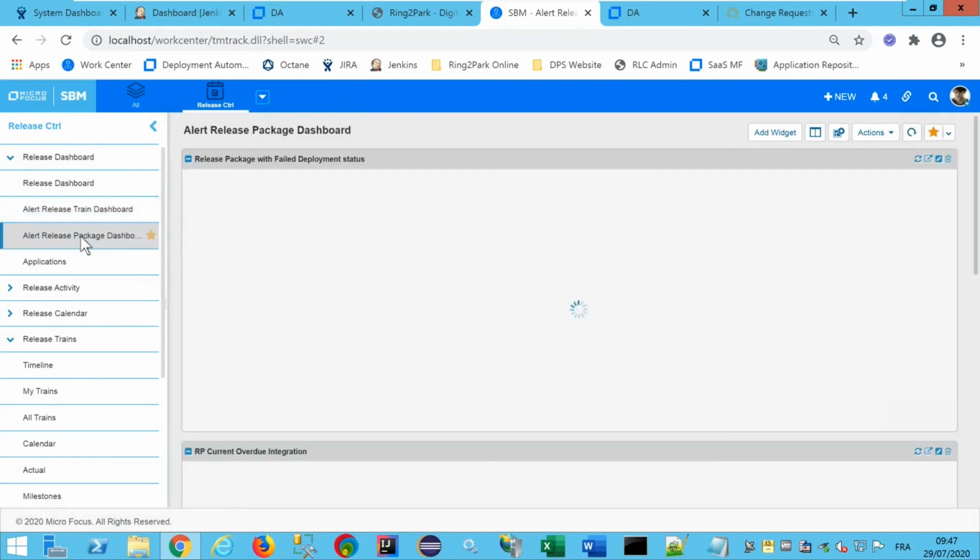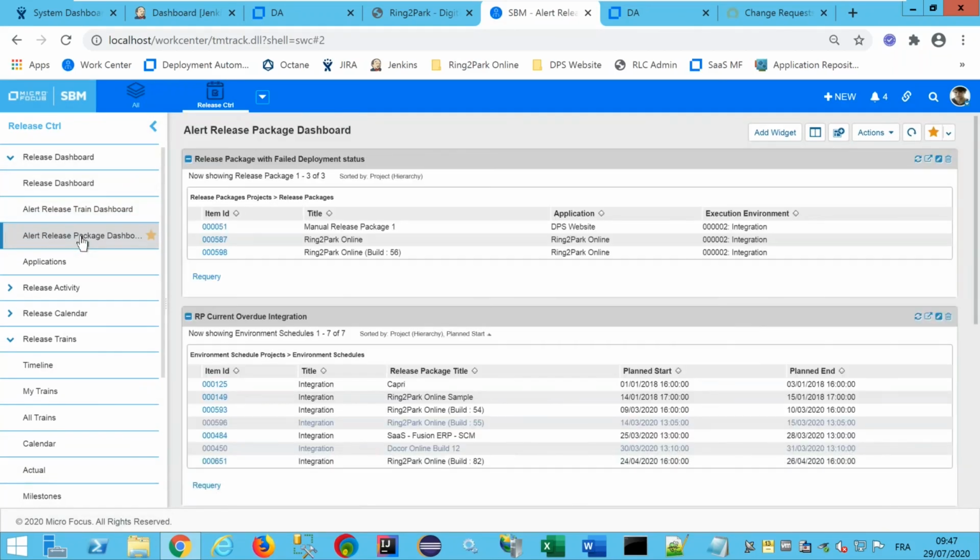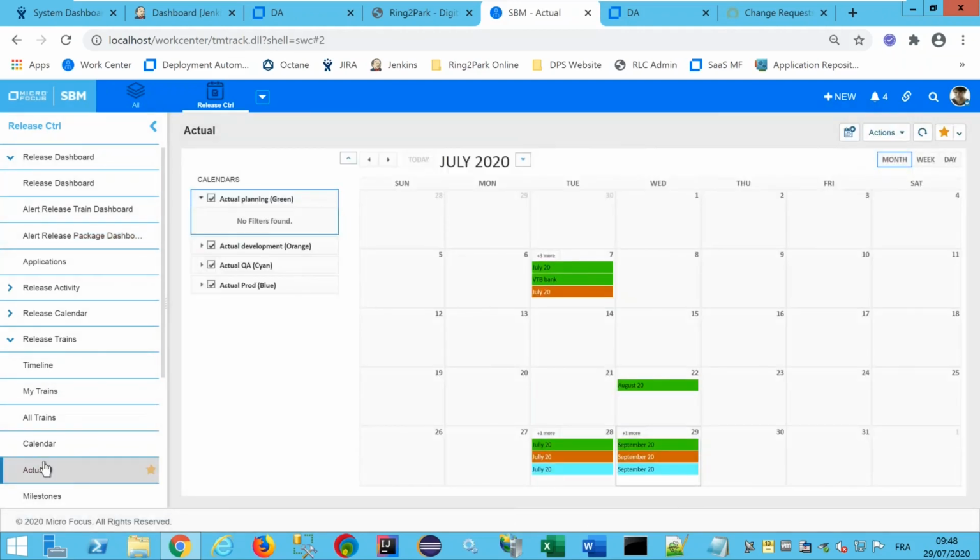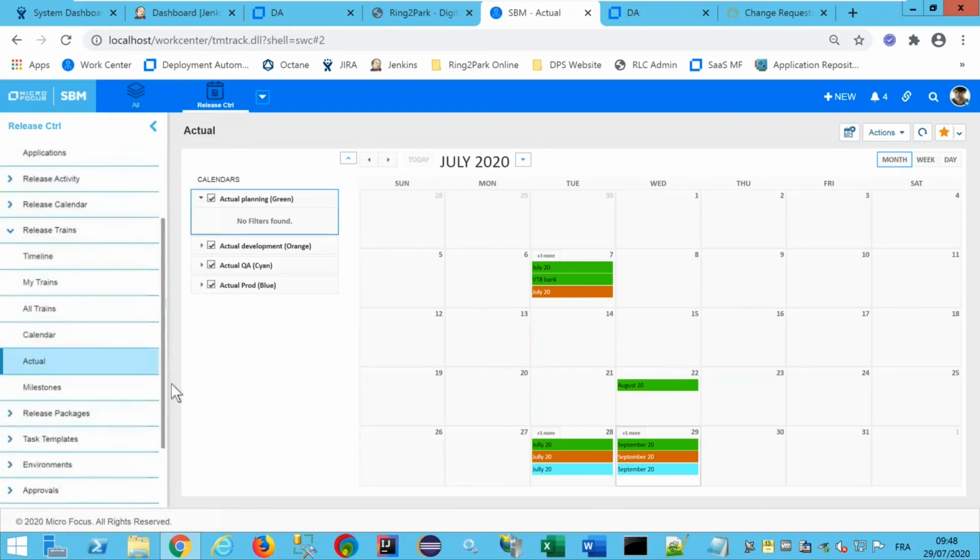We have the same stuff here for the release packages, just to check the status and to compare the planned deployment date versus the actual date to see if those deployments are behind schedule. So we have this kind of report, and if we go to the release train level again, I showed you the timeline before, but we provide a kind of calendar as well, showing you for each train when they move to QA, when they move to production.